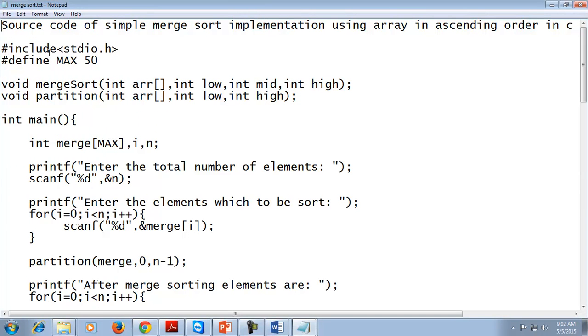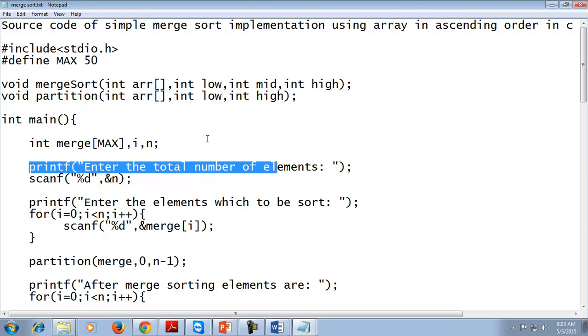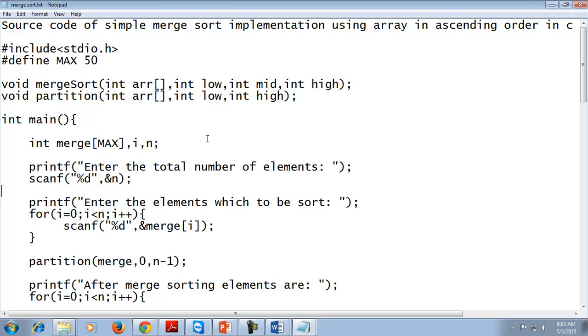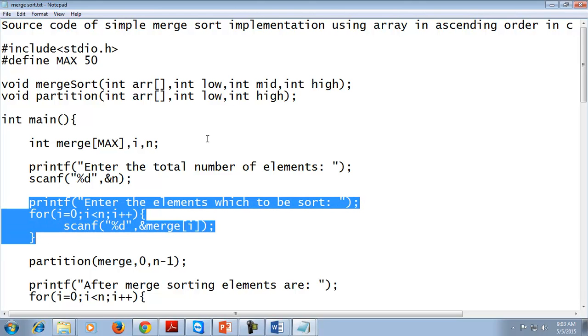Now, in the program implementation, you can see there are two functions, one to sort the list and one to partition the list into different sublists. Firstly, we will take an array of size max. We will take input from the user, that is the total number of elements the user wants to enter in the array, say n, and then on the basis of n, we will take the elements.